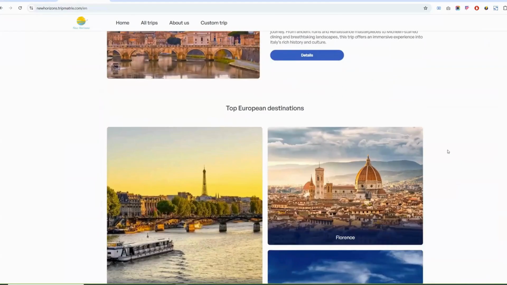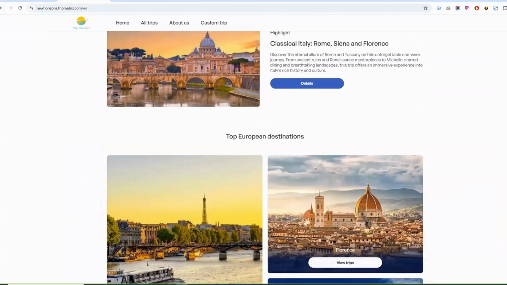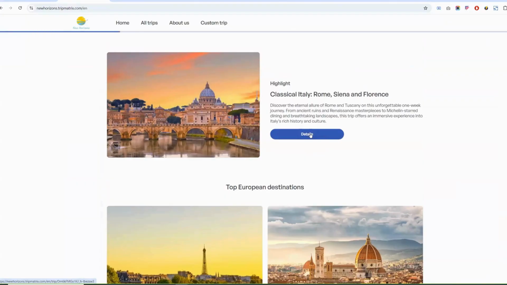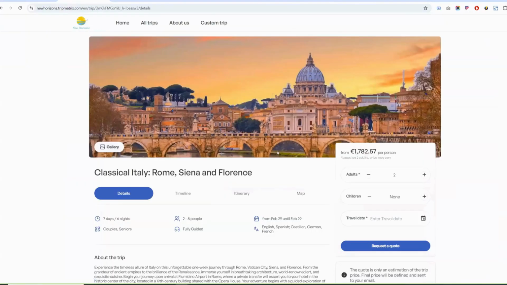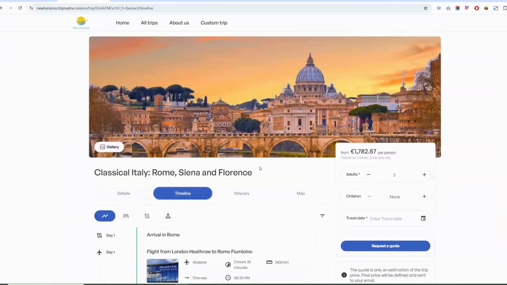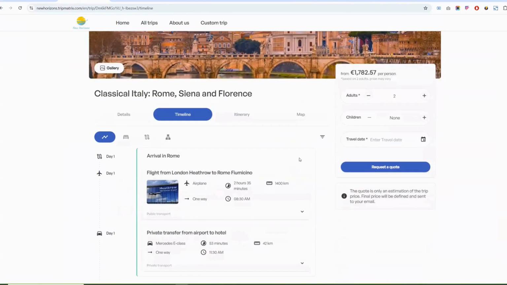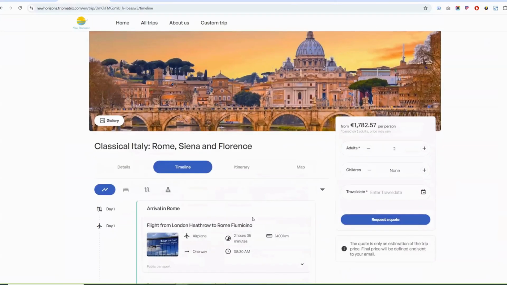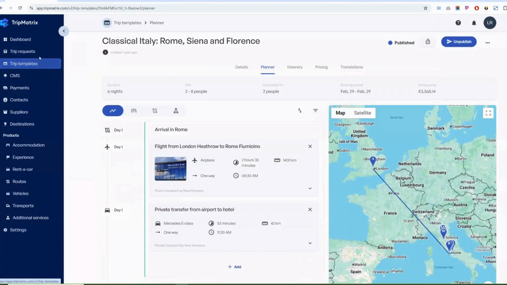You can showcase your top destinations, highlight one or more packages. And if you click on details and open one package, you can see all the information is here. It's a very detailed itinerary with photos, maps, and the estimated price. Travelers can also make an inquiry directly from this website, and it will be saved in the system automatically. It will be saved in a trip request, and if it's a new contact, it will also be automatically saved